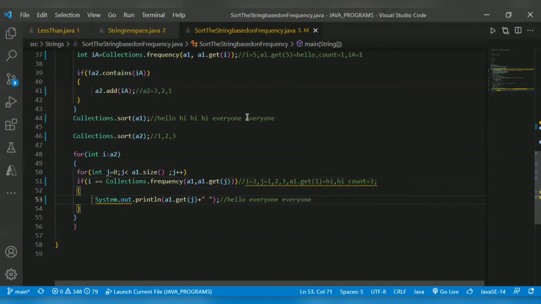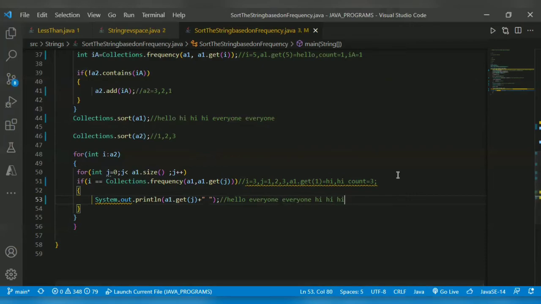Everyone in the list is 2, so it will iterate everyone 2 times. Now i equal to 3, count equal to 3. So for j equal to 1, hi gets printed, j equal to 2 also hi gets printed, and j equal to 3 also hi gets printed.